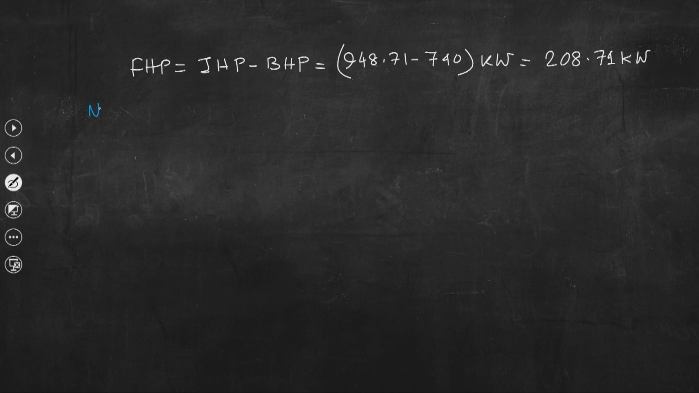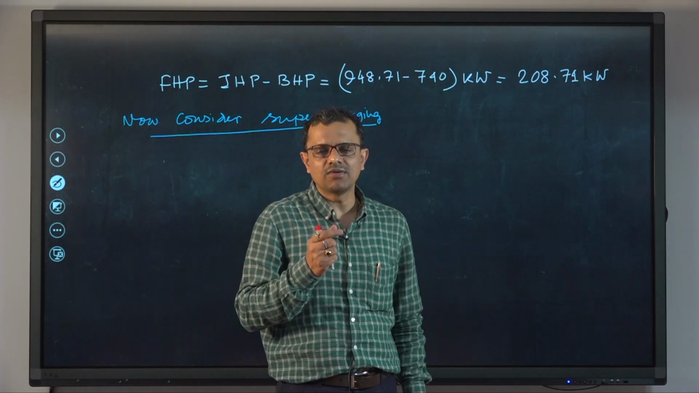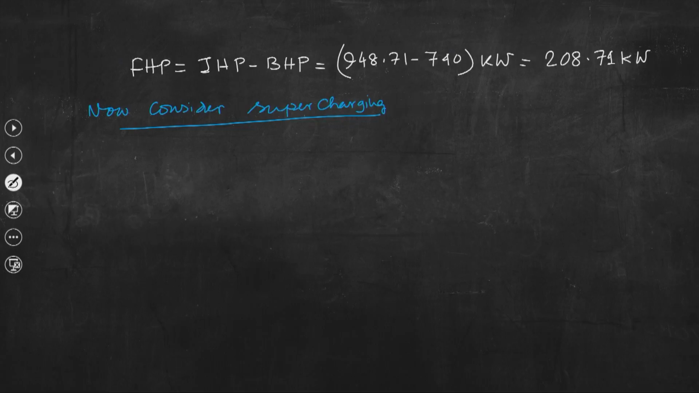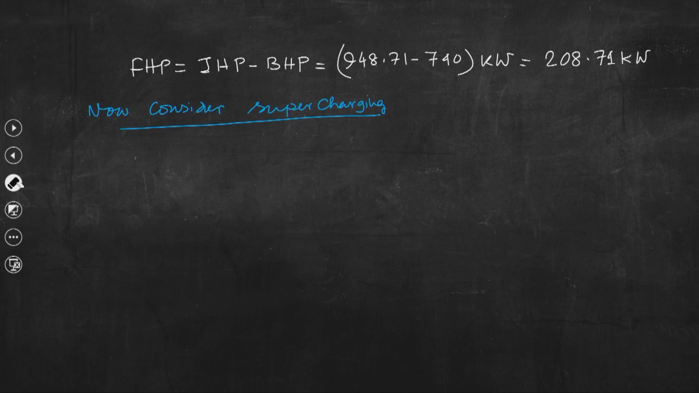Now, what we will consider is supercharging. We have discussed the basic need of supercharging. Essentially, the ambient air will be compressed by using a small compressor, so the pressure will be higher and the density will be higher. So, if we write for the case of supercharging, for the compressor,